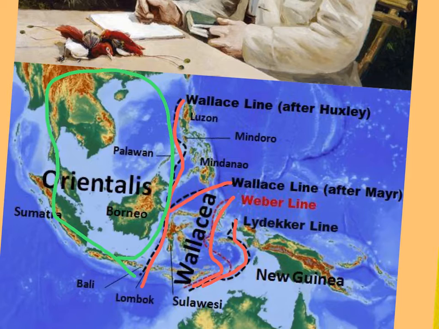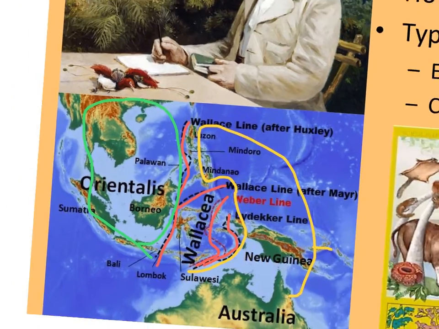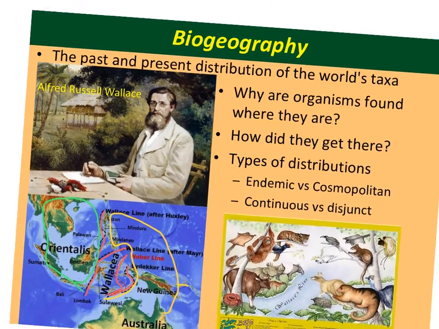And then Australasia, which includes everything, including New Guinea, and then Australia, and some other things like the Solomon Islands, which are out here. Okay, and the main thing is that we can actually see that in terms of